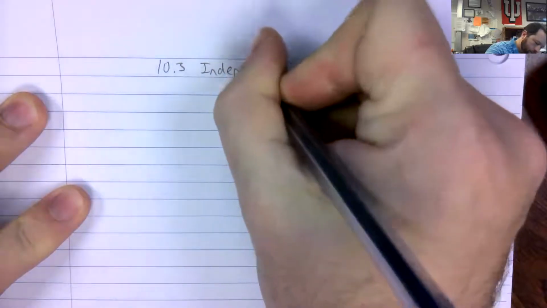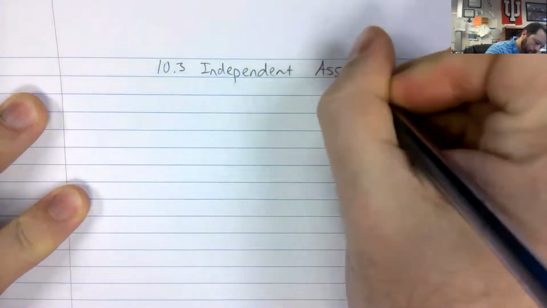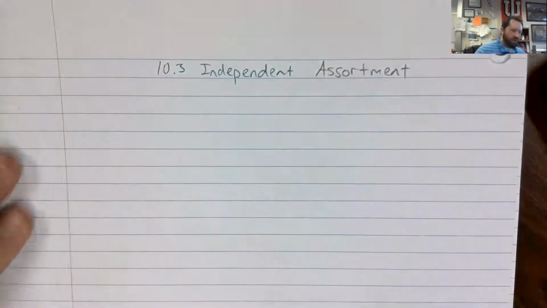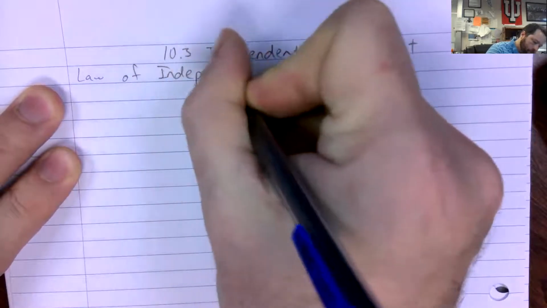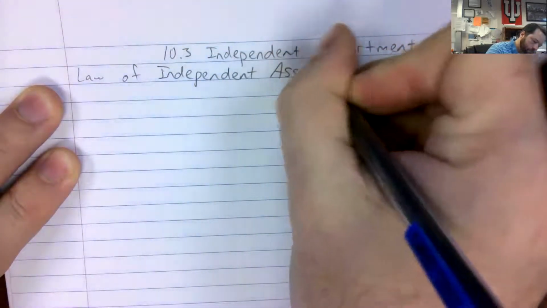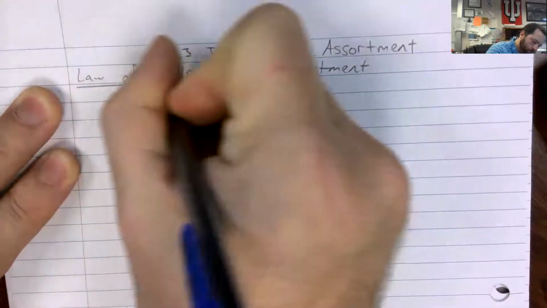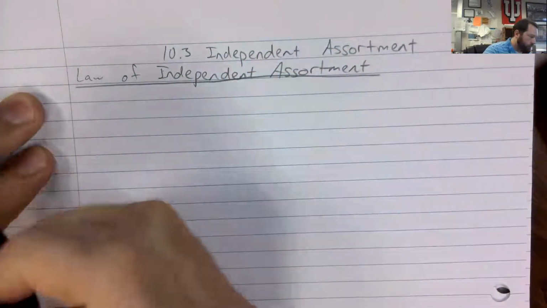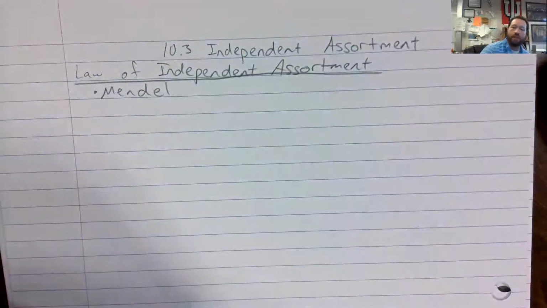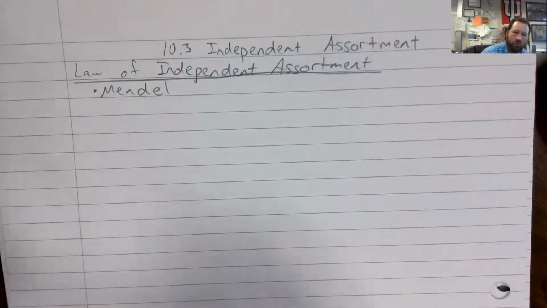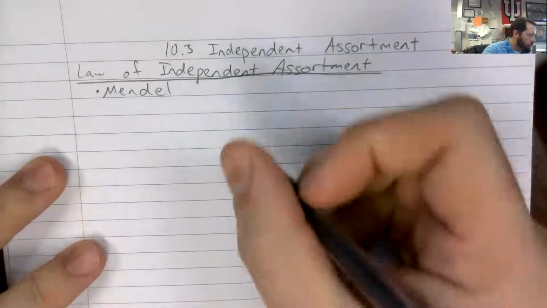So 10.3, independent assortment. So this is a law also discovered by Mendel. So our Austrian monk, Gregor Mendel, using just his pea plants. Again, he didn't know about DNA, he didn't know about chromosomes, he didn't know about a lot of the stuff you already know. He was able to determine